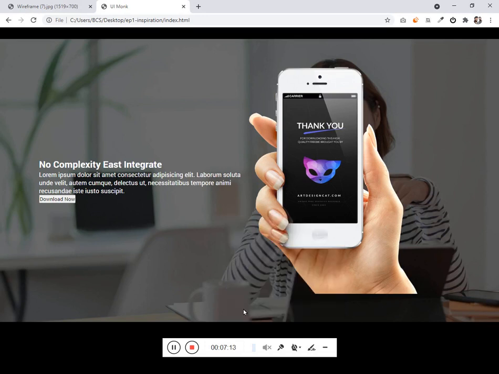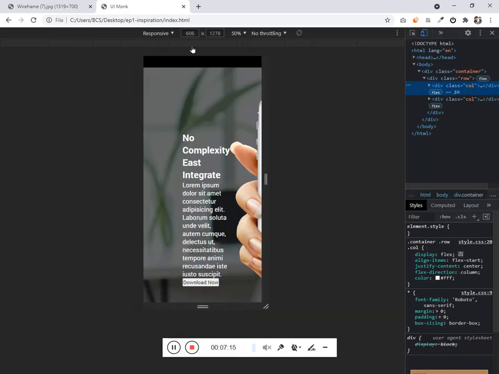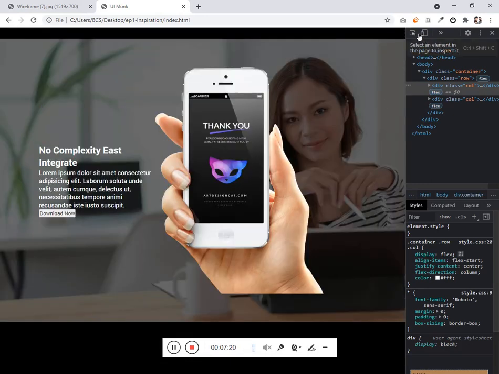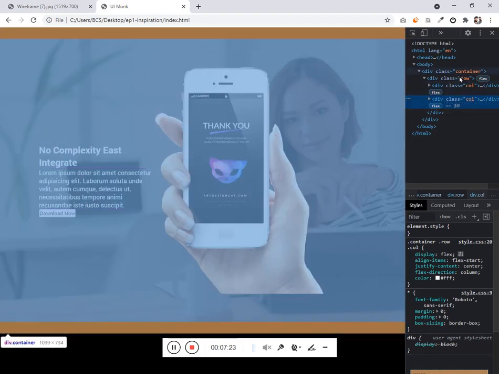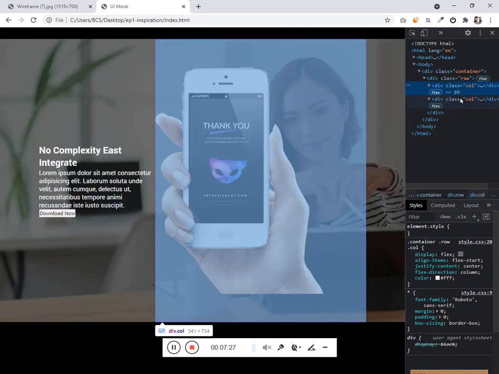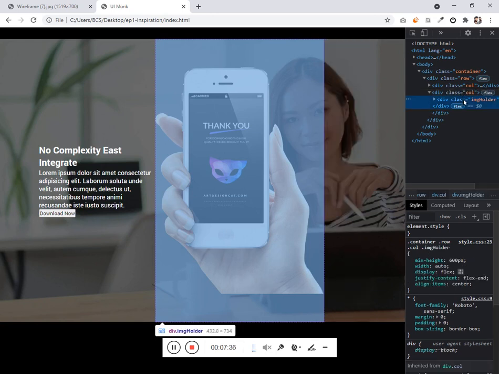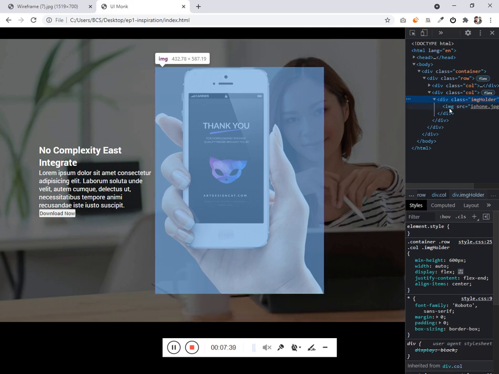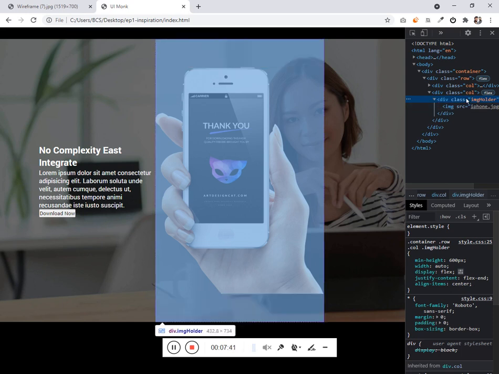Refresh it and get it to the desktop view. So this is row. Actually row has the full height. Cool. Now column. So inside the column we have image holder, and then we have image. This is column, image holder. Actually it is taking full height, it's a good one.